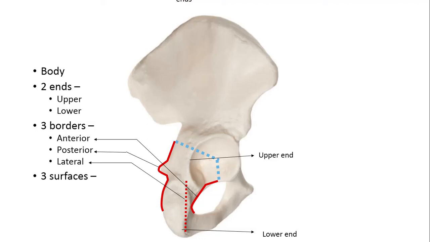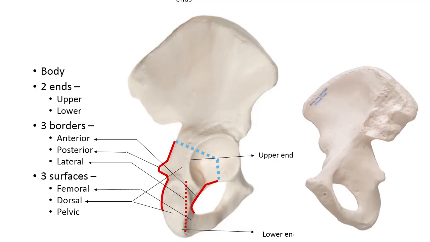It has three surfaces. One is the femoral surface, towards the femur, so this is the femoral surface. One is the dorsal surface, towards the posterior or outer side, and this is the pelvic surface, which is the pelvic or inner surface. Okay,